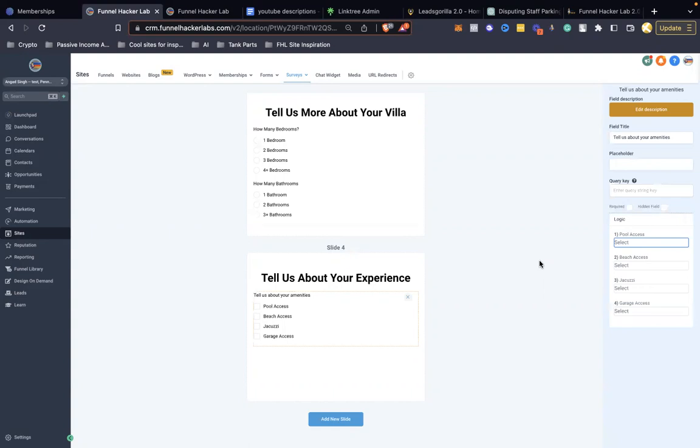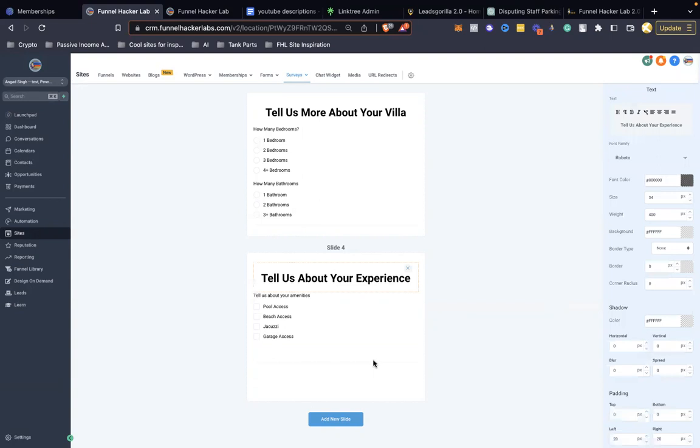One thing I find very valuable here is that you can add disqualifications on here. So let's say they select full access, for example. You can click this, you can disqualify after they submit. And then what you can set up is that once they disqualify from here,